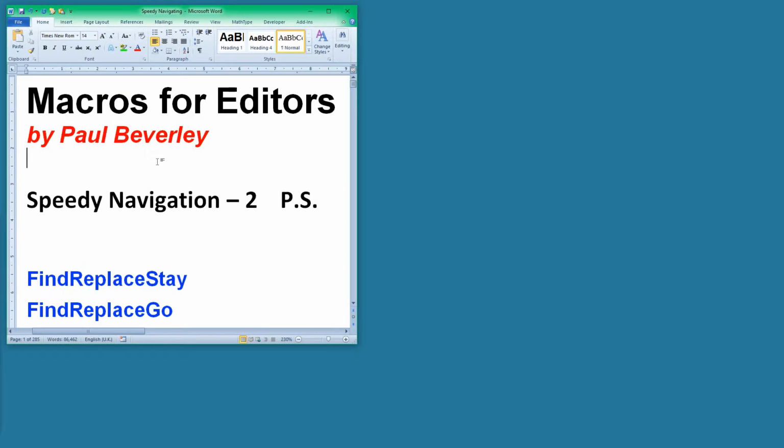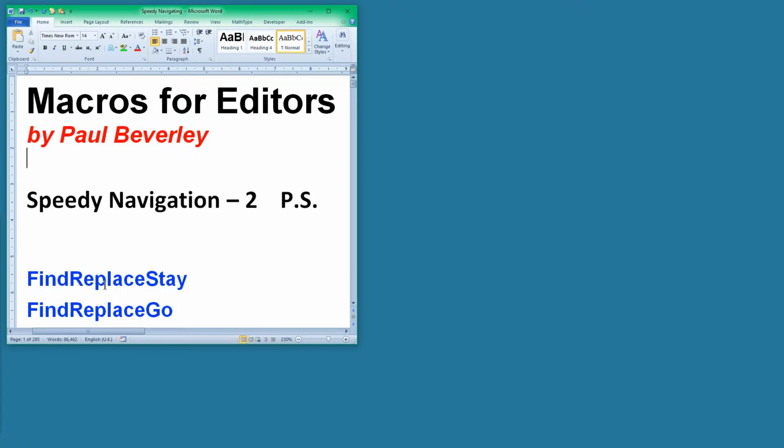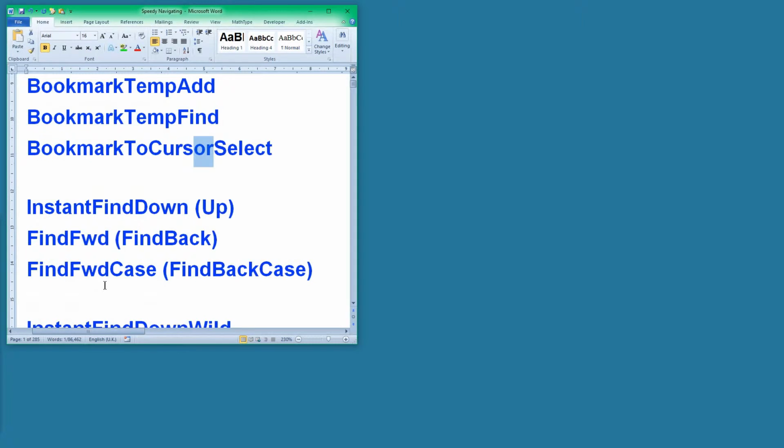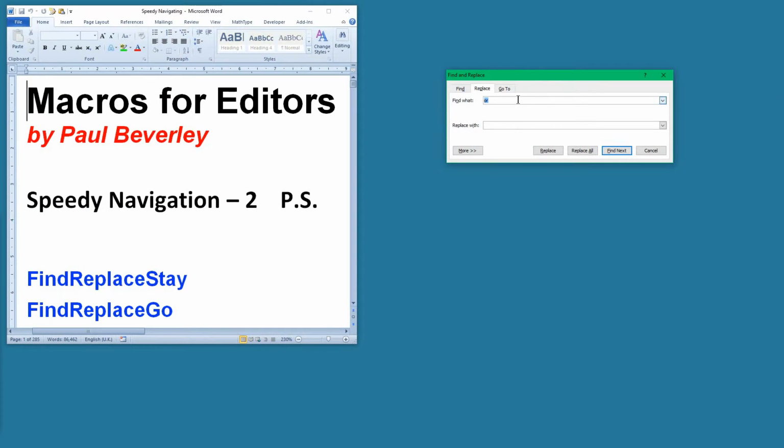If you look at what happens when you try to enter a find and replace manually, say, for Beverly, and you want to replace it with something else, and you now say, well, I want to use the macro, so I've put those into the find and replace, if I now go to use the macro, I'll find they don't work, because we've still got the find and replace that was in there